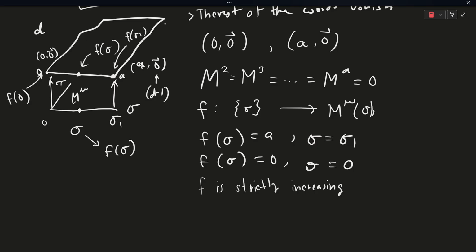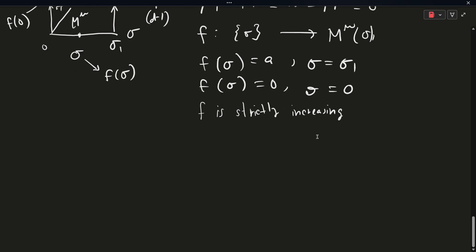So from that, it also follows that the derivative of f with respect to sigma must be greater than 0 because it's strictly increasing. Okay? So moving on,